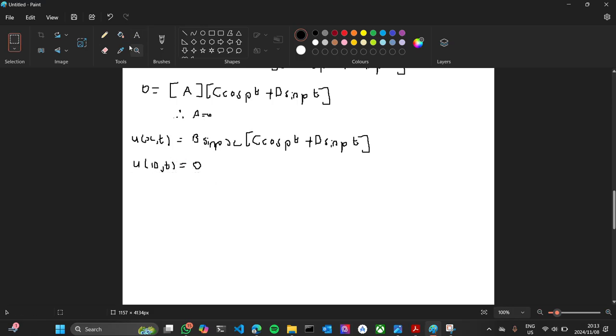All right. So at this point, it's going to be equal to 0, right? Now we're substituting this into our refined solution. So we've got 0, right, is equal to B sine